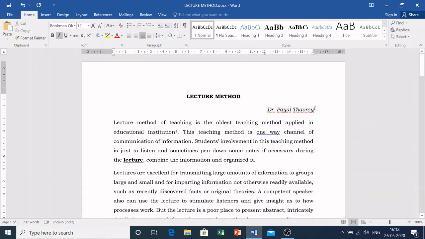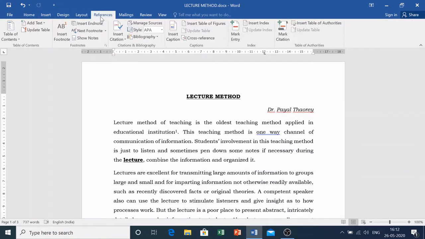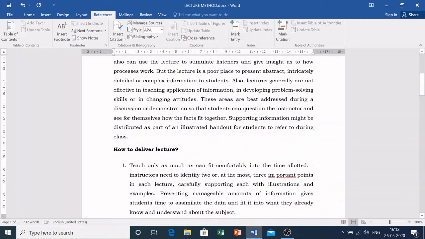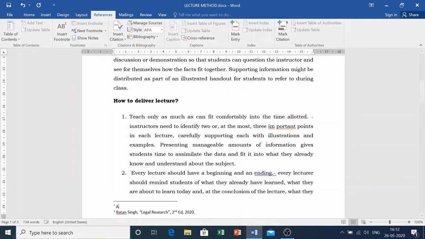Okay. So here I don't want to put this 1 to 3 format of research footnote. What I will do here is put the cursor here, go to references, citation, and put a custom mark. For example, abstract, and then I will insert. So here I can put the information about the author, assistant professor, PGTD of law, RTM University.